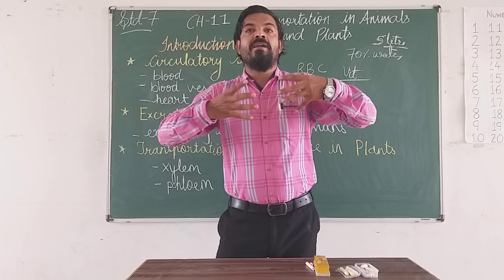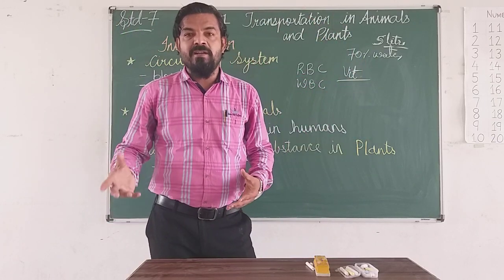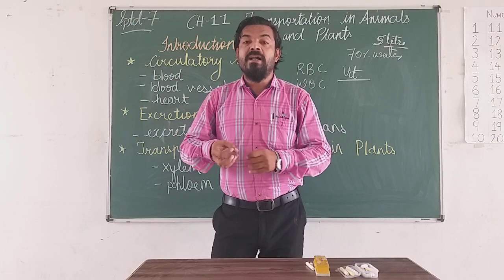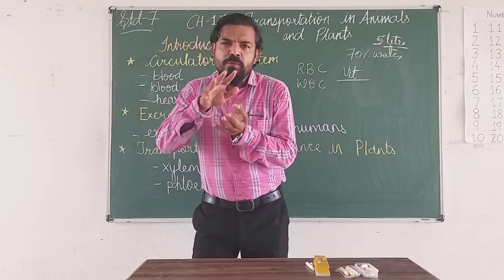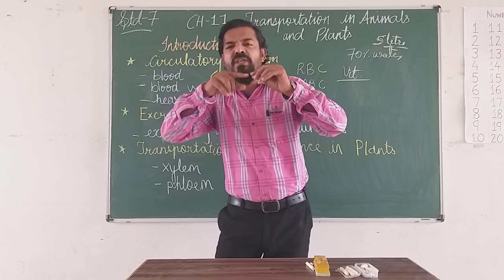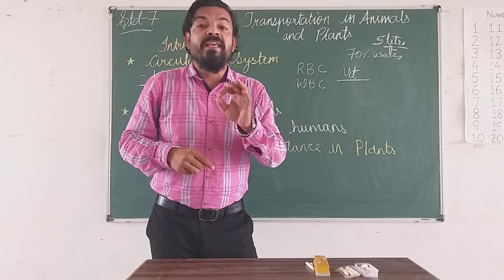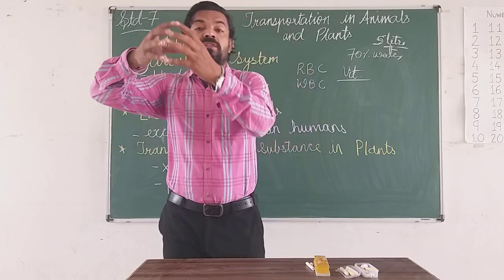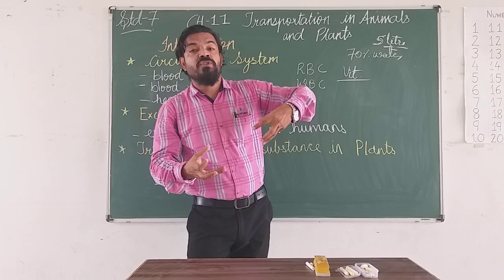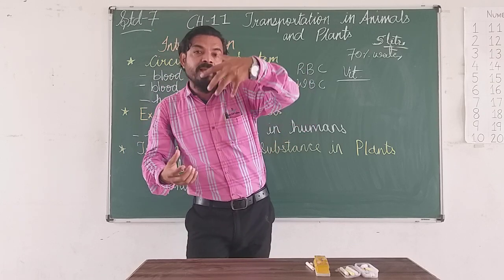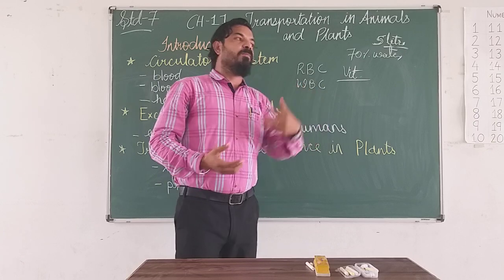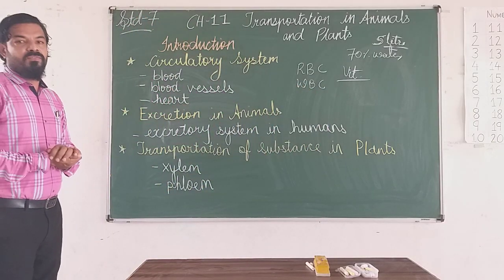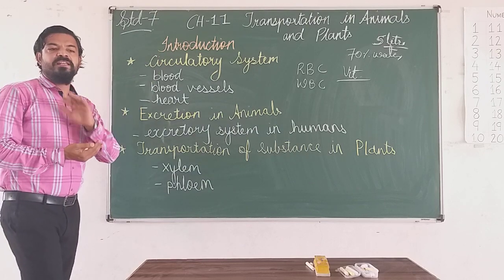Once the arteries transfer the blood, it comes from the aorta of the heart and goes to the arteries. Arteries again branch into small, very thin vessels. This is called the capillaries. Again, the capillaries on the other side are joined again. Then these veins carry the deoxygenated blood and it reaches the heart. That's it. So arteries and veins are also present. Then we have the heart, which is also a part of the circulatory system.